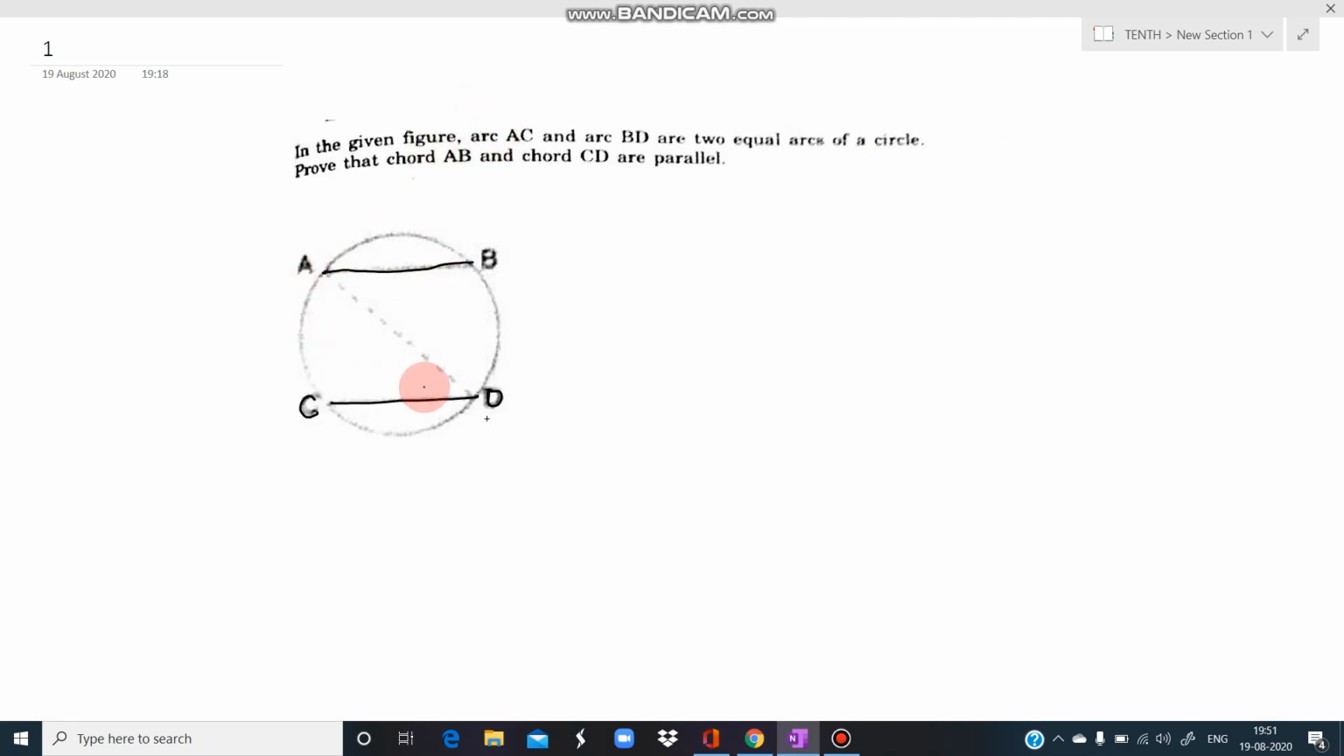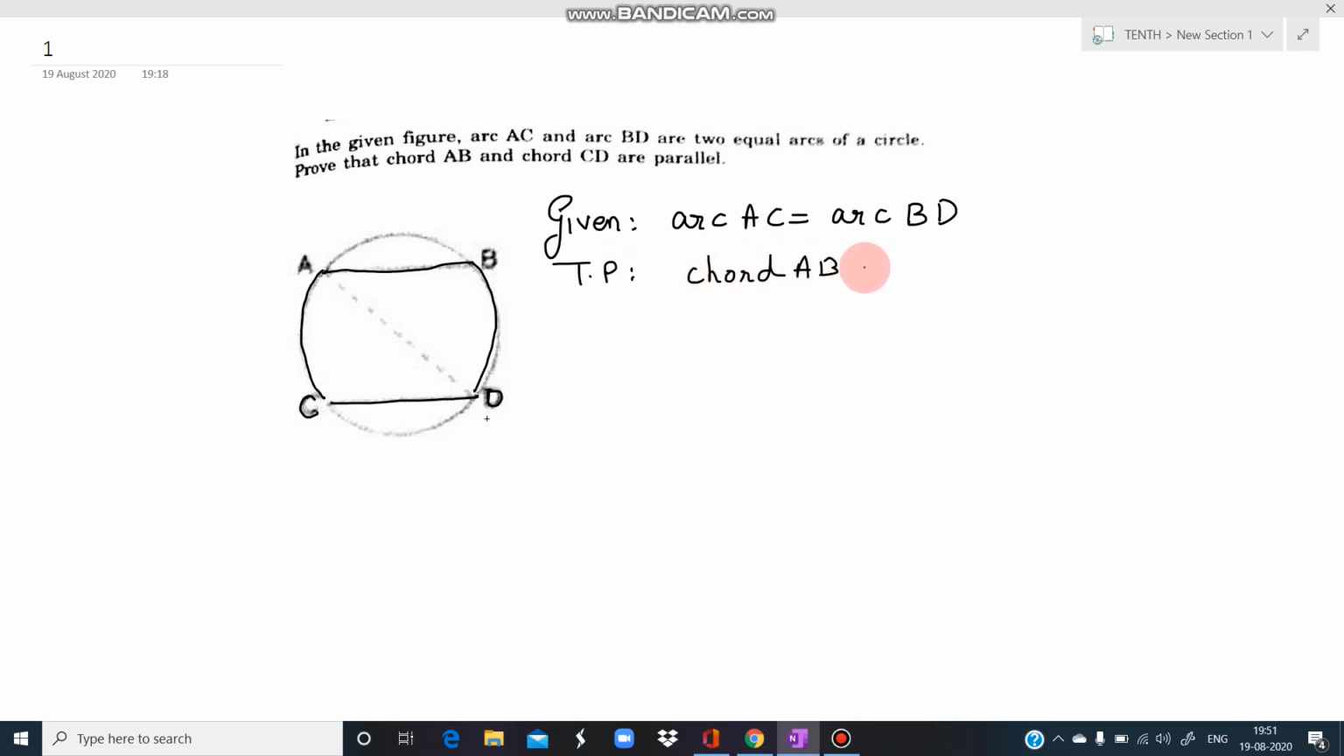In this question, this figure is given here. It is given that arc AC and arc BD are equal arcs. So what is given in this question? That arc AC is equal to the arc BD. These two arcs are equal to each other. This is the arc AC and this is the arc BD. We have to prove that the chord AB